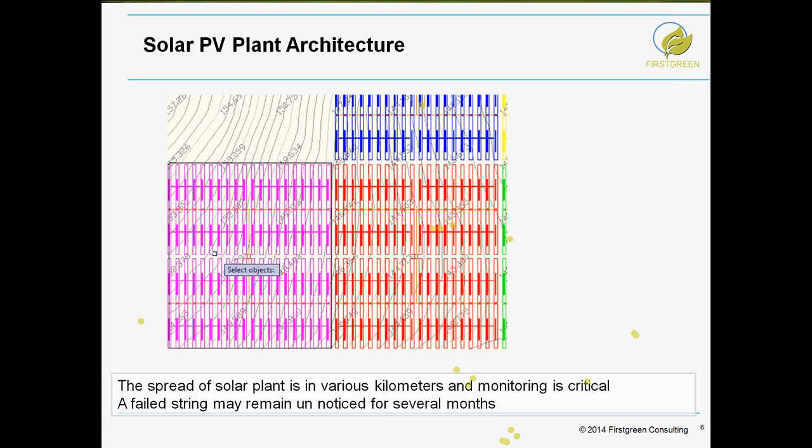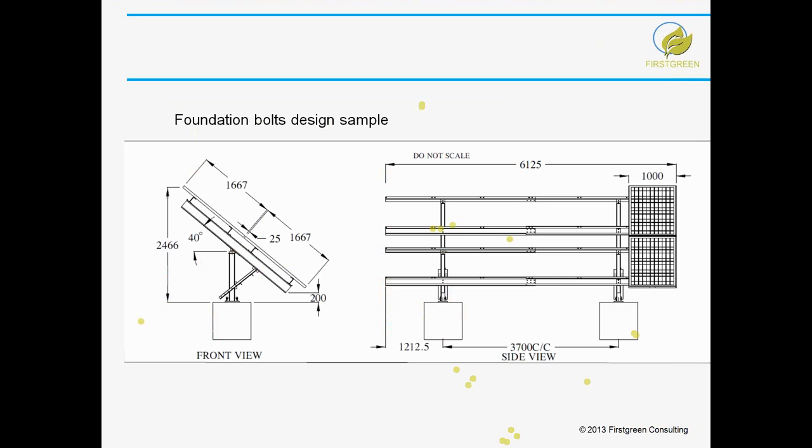The modules are spread over kilometers, and it is not only the shadow or the inter-row distance. You have to consider a lot of factors, including the slope of your land and the road you want to plan. You have to provide for it, and probably you have to take certain symmetry in your design. So we are going to see some of those designs which affect this. Before we go to those designs,